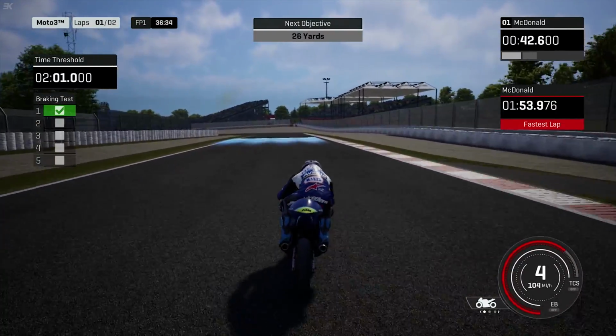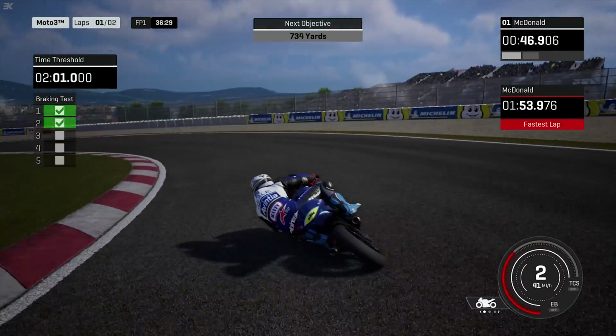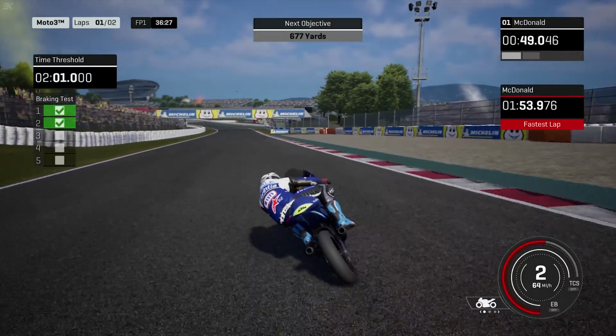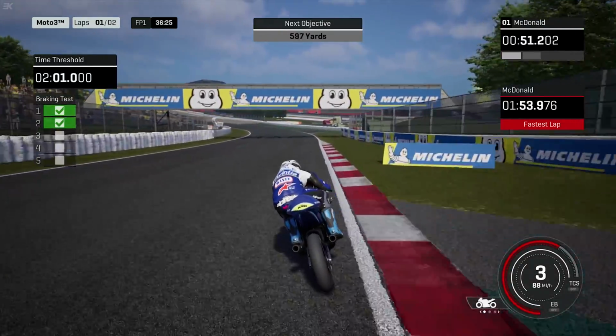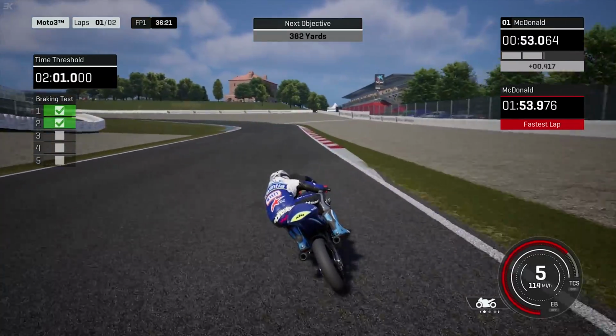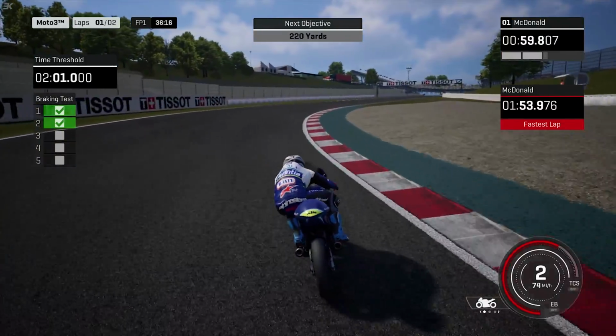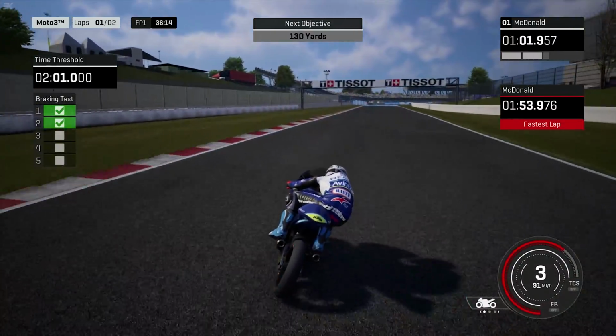It is into the left-hander. Perfect again. Definitely the improved braking seems to help. We're not locking up at all going into these corners like you probably would have with the bike at Qatar. So hopefully for Mario, we'll see fewer falls from it, as now we go into